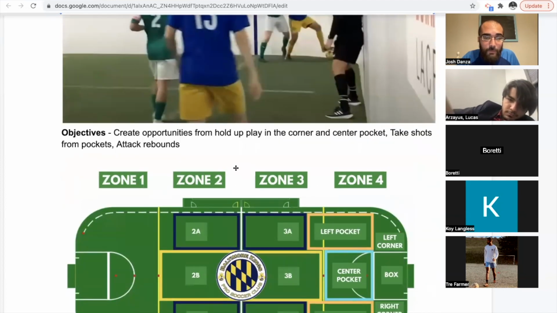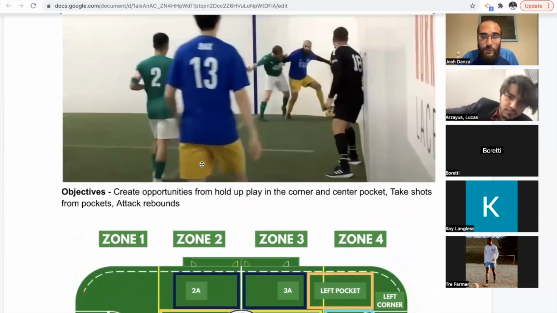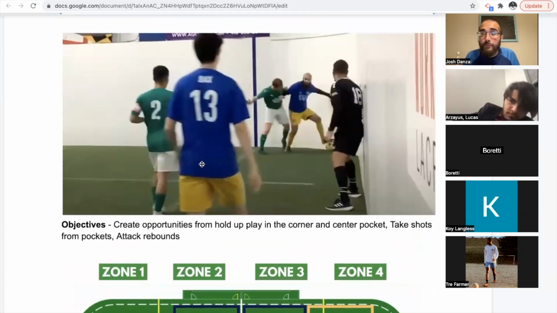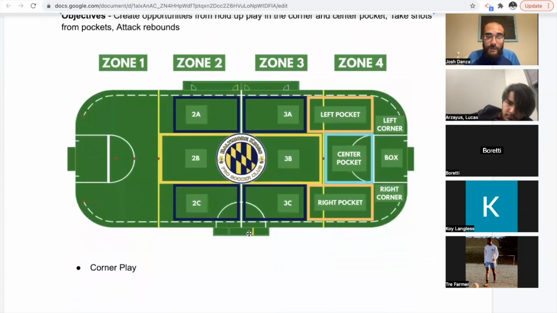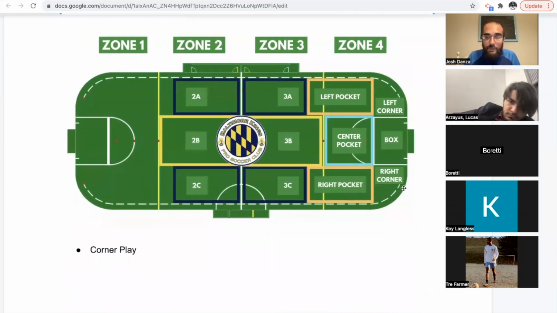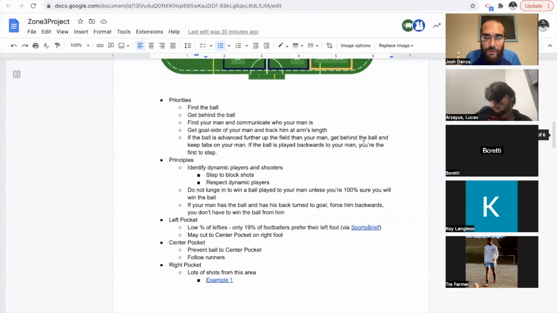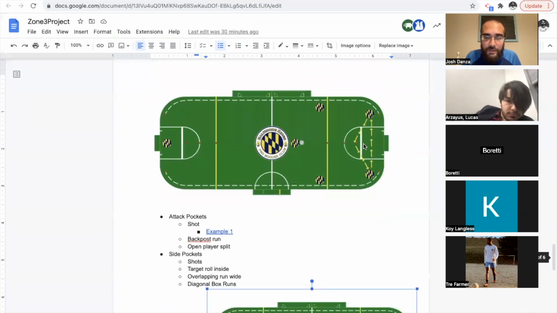So with that, as I mentioned, the objectives, we especially want to make sure we're attacking rebounds. The play is never over. Once you take a shot, continue to attack the boards. Please continue to attack. This picture looks familiar. Same one. So if we get the ball in the right corner here, recognize we need a drop option. We need guys attacking the box. A very similar image as we had in zone 3, right? So if we had the ball back in